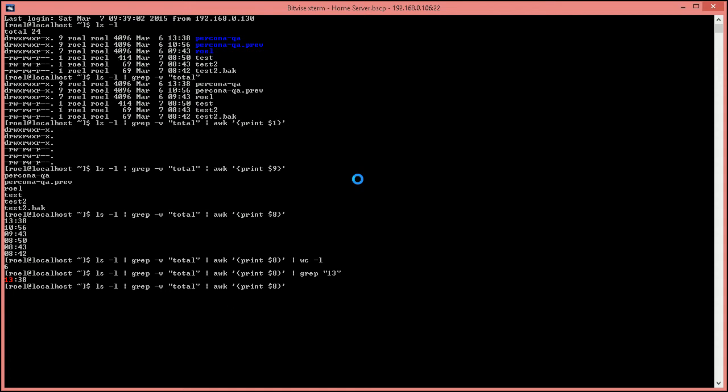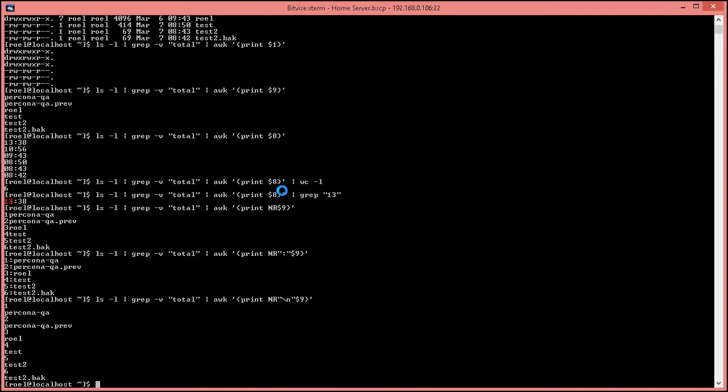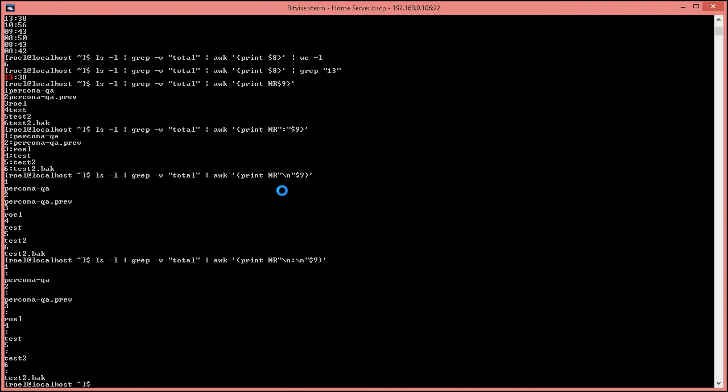So let's say that we want to prefix the lines with the number of the line 1, 2, 3, 4, 5, 6, and to prettify we could use a colon in between, or we could even place a new line in between. Etc. It's very easy